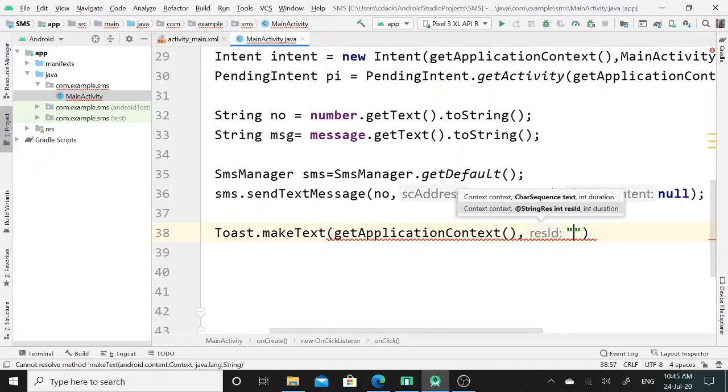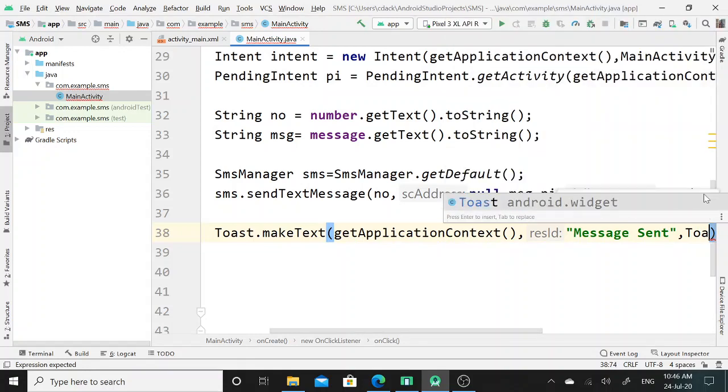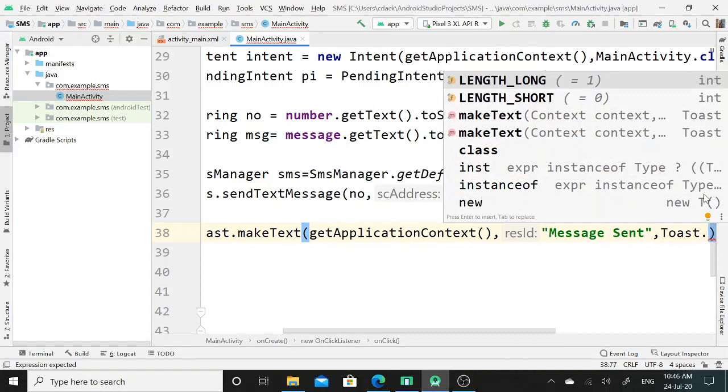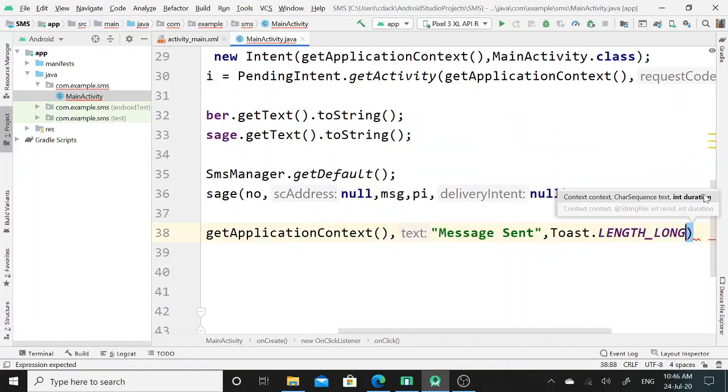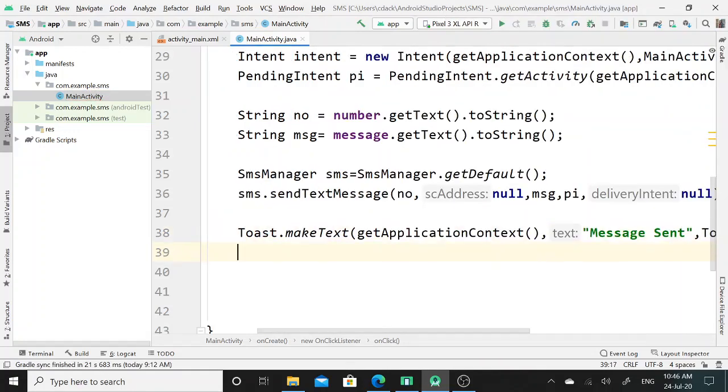Next, since I want to display a message, I will write one message over here, message send. Next argument is to set its message duration, so I will call here the length long function, and with the help of the show method I will be able to display this message.